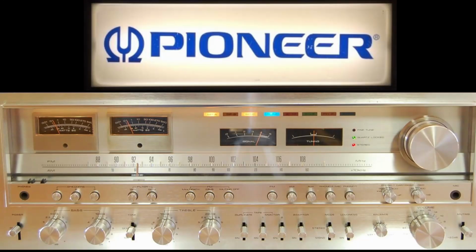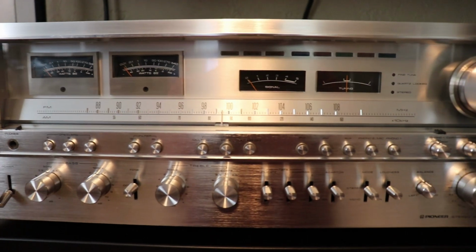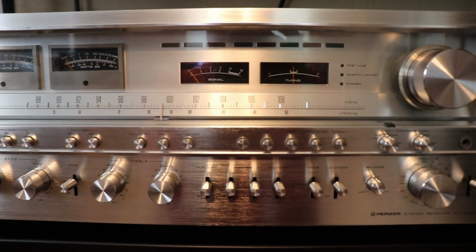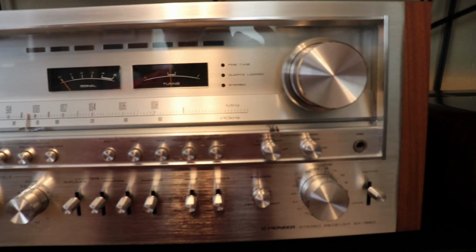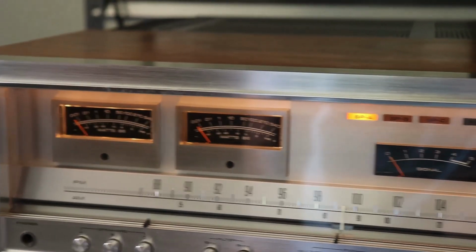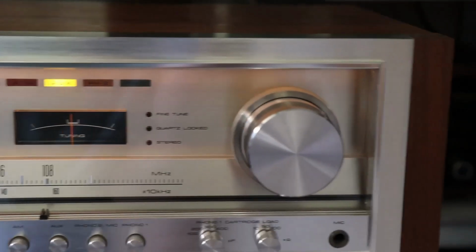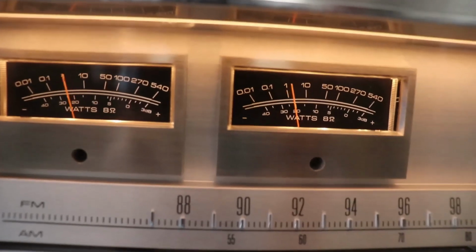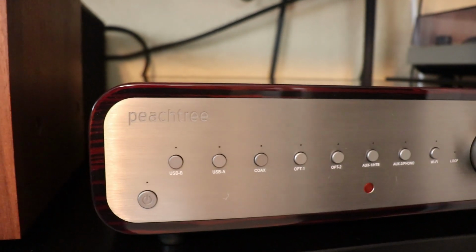The Pioneer SX-1980 is a wonderful example of what I love about vintage audio and the audio equipment that I grew up with. When the early 80s came, the equipment build quality went downhill quite a bit. Around 82, that's when Dolby Surround came in, and suddenly you had 3 channels. Then you had 7 channels. I don't even know where it stopped. About 100 channels. But anyway, that's when I lost interest in audio,